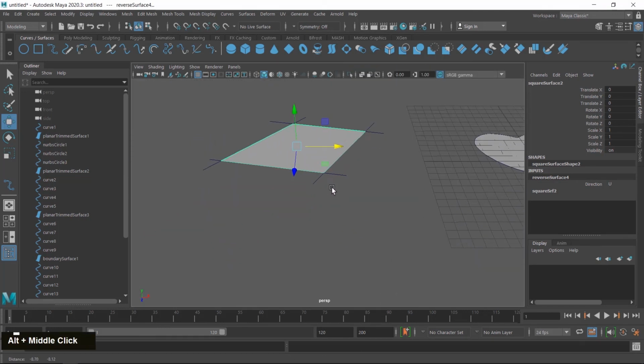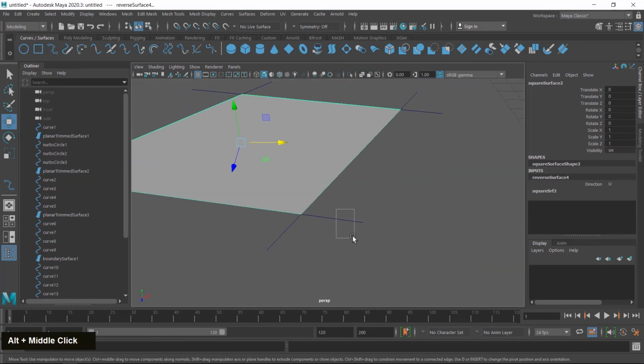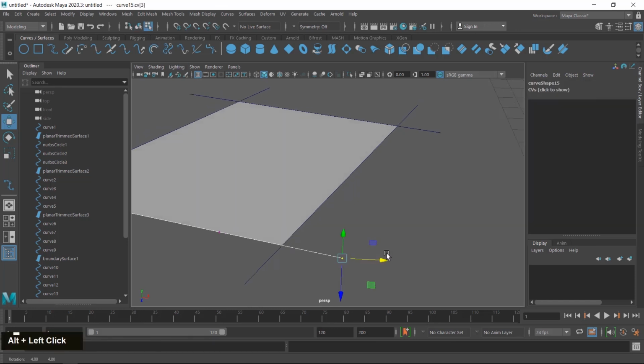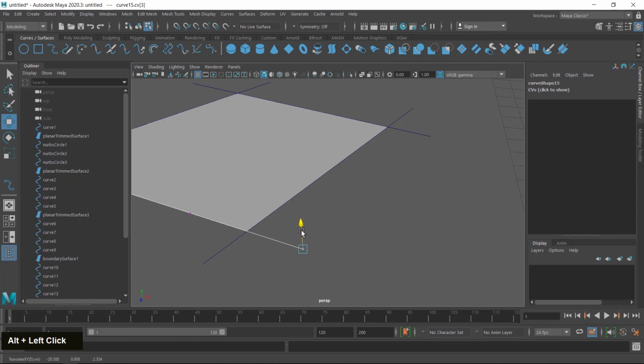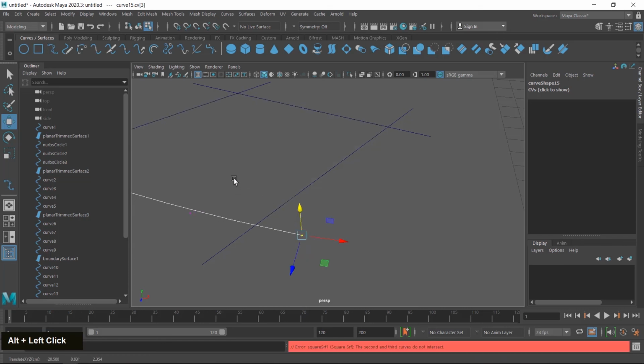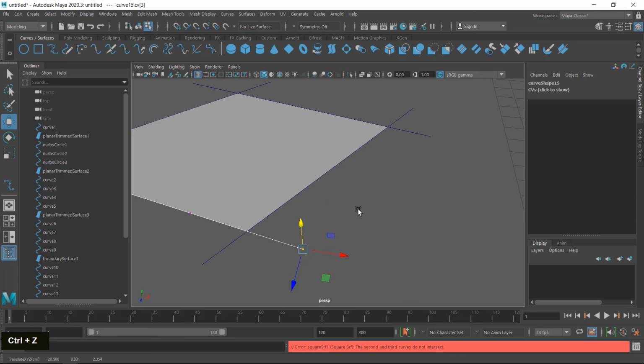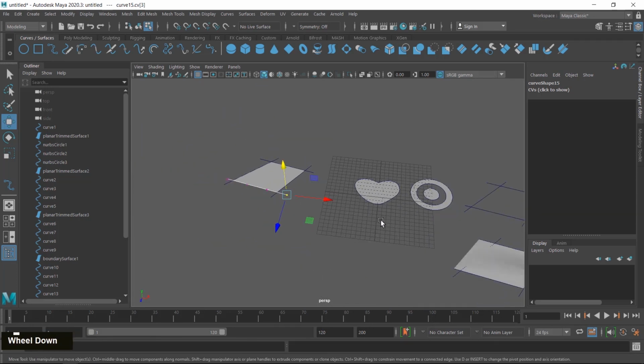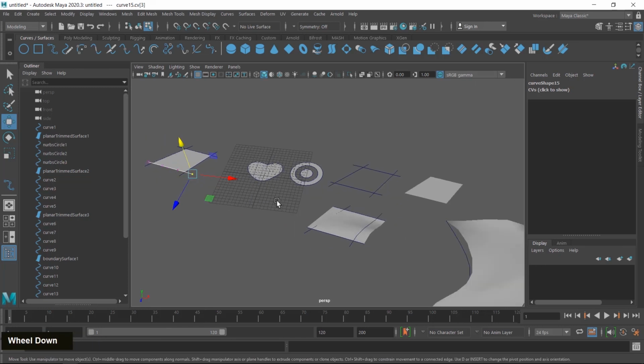And if I try to modify the curve, you can see if I select and move upside, the surface is gone. So this type of modification is not accepted in the square tool, but in the boundary tool you can modify. So it's the main difference between planar tool, boundary tool and square tool.